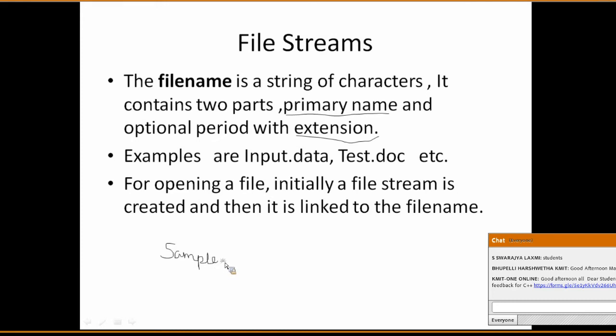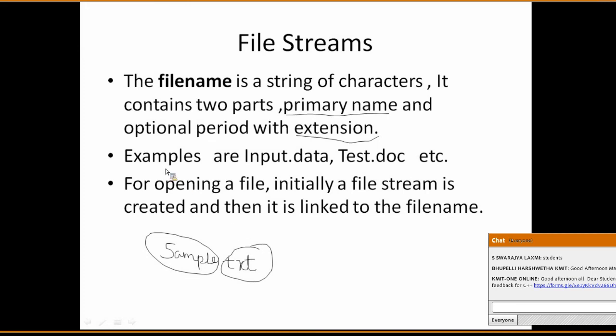Then after this, if I specify dot and write txt, sample dot txt, the first part is called the primary name, and the second part, which comes after the period, is called the extension name.